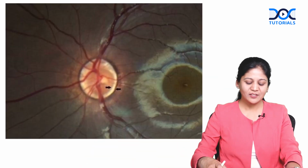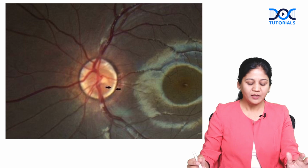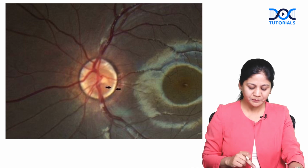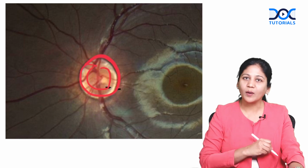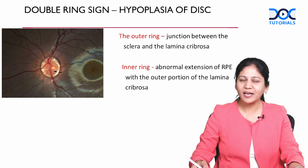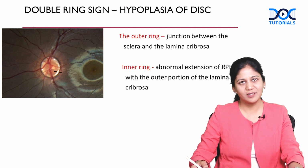So today's Quick Learning Bite in ophthalmology is about a very important sign, the double ring sign. Let's have a look first at the sign. Now guys, can you appreciate that within this optic disc you can see one ring here and the second ring is this one, isn't it? So when you see this, you call it double ring sign, that this is characteristically seen in hypoplastic disc or